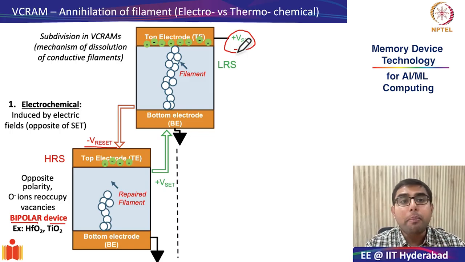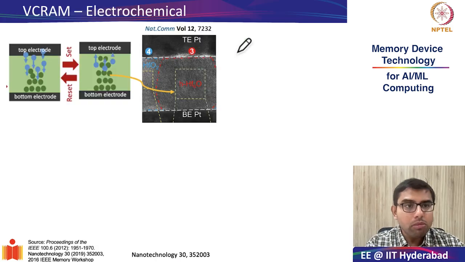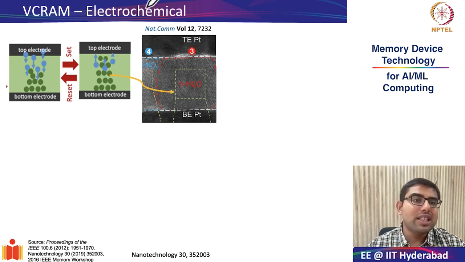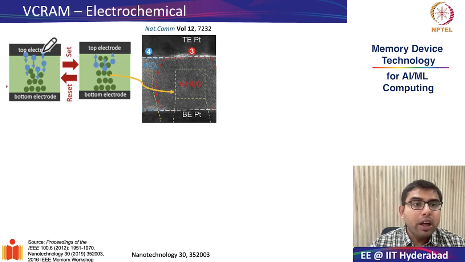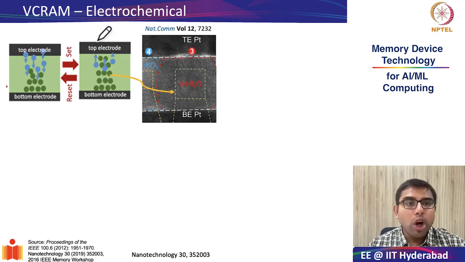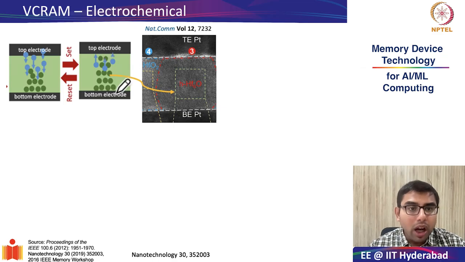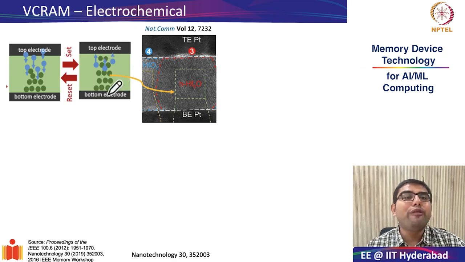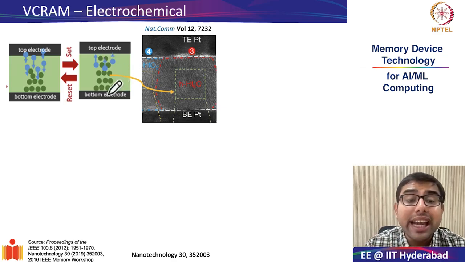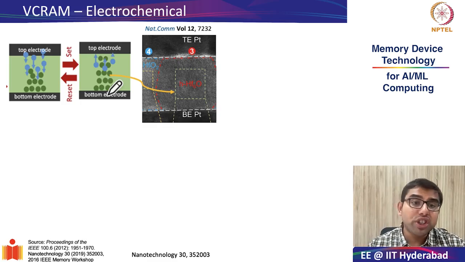Okay, so let us see some practical examples of valence change RAMs which behave in an electrochemical manner. As we discussed in the previous slide, an electrochemical VC-RAM cell moves from the high resistance state to low resistance state and back through the movement of oxygen anions or oxygen ions. And what is very remarkable is that these conductive filaments can actually be seen, literally seen, under a transmission electron